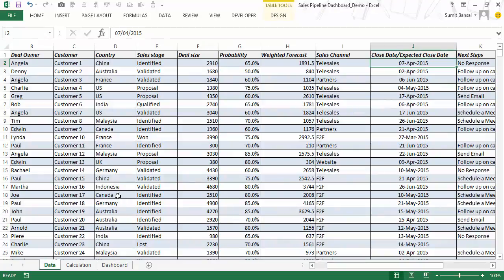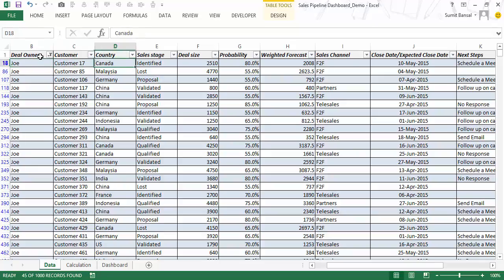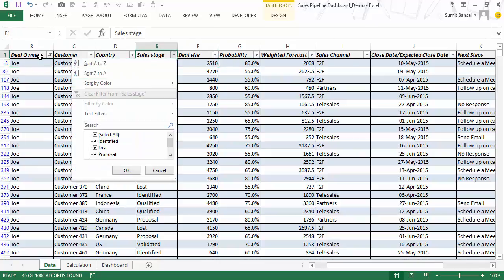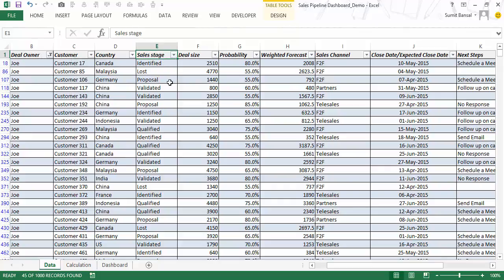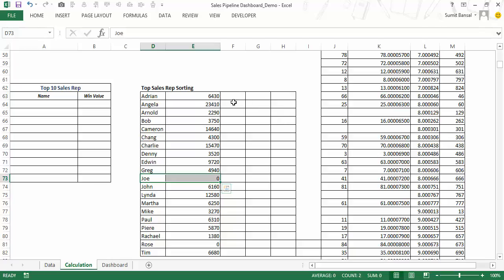So just to cross check, let me go back to the data. Let me go to deal owner here. I would select Joe, and I would check here whether he has any wins or not. And sure enough, he does not have any win. He has lost a couple of deals, but no win. So my data here is right. Now